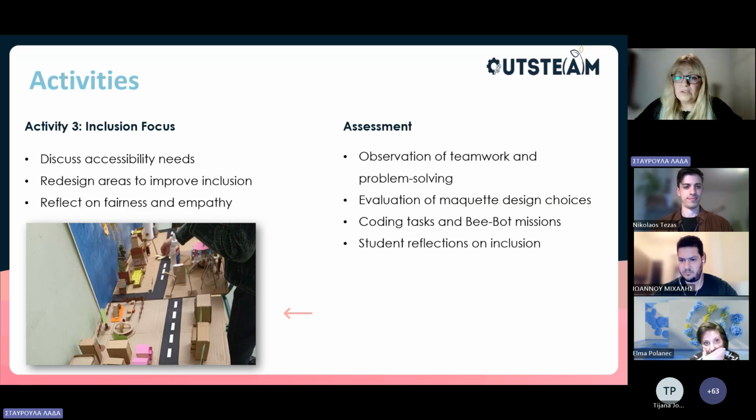A central part of the project is discussing what makes a city inclusive. Students explore different accessibility needs and redesign parts of their own town, of their own neighborhoods. This conversation helped them develop empathy and understand that good design considers everyone.